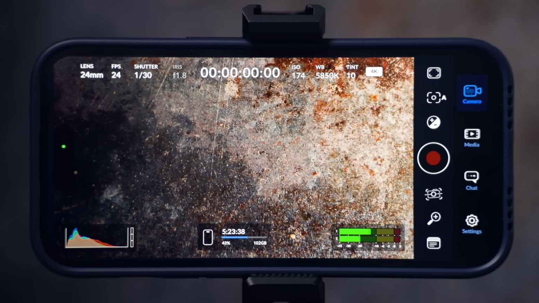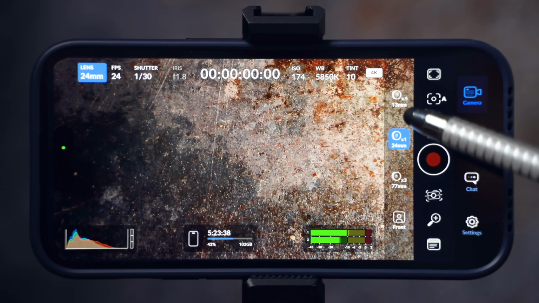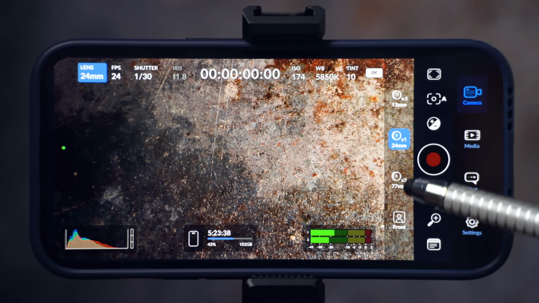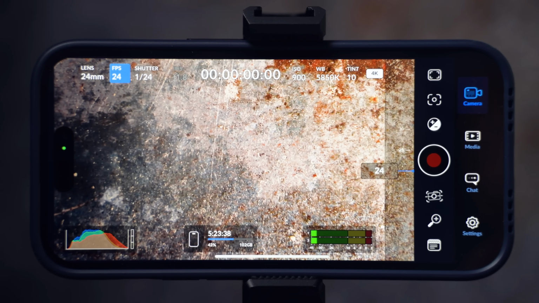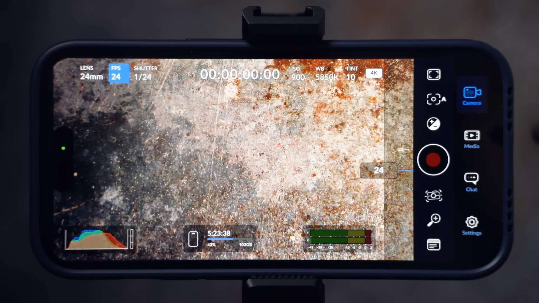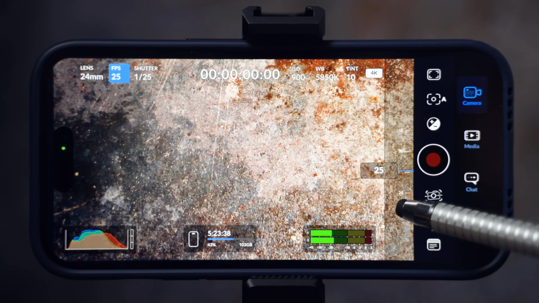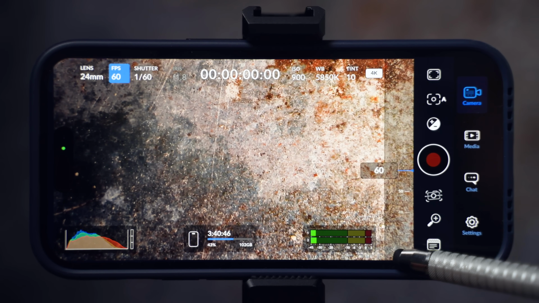This is the Blackmagic Camera app. The interface is nicely laid out to get all controls easily. At the top left, you can select the lens you would like to film with: ultra-wide, standard, telephoto, and front camera. The next setting is where you can select what frame rate you would like to film at. If you will be filming in 4K, you can film in 24, 25, 30, 48, 50, and 60 frames per